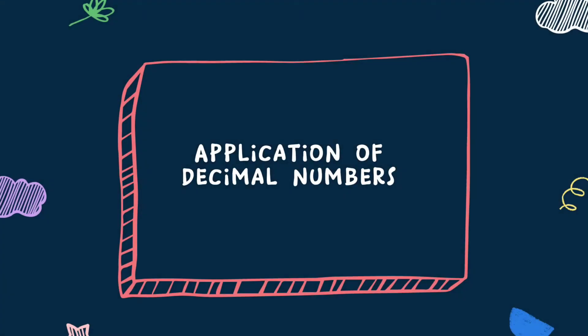Decimal numbers can be defined as a number system with a base of 10. In learning mathematics, apart from being numbers with a base of 10, decimal numbers can be defined as numbers of tens, hundreds, thousands, and so on. Decimal numbers have many uses in various fields. Decimal numbers are numbers that are often used. Some applications of decimal numbers are as follows.